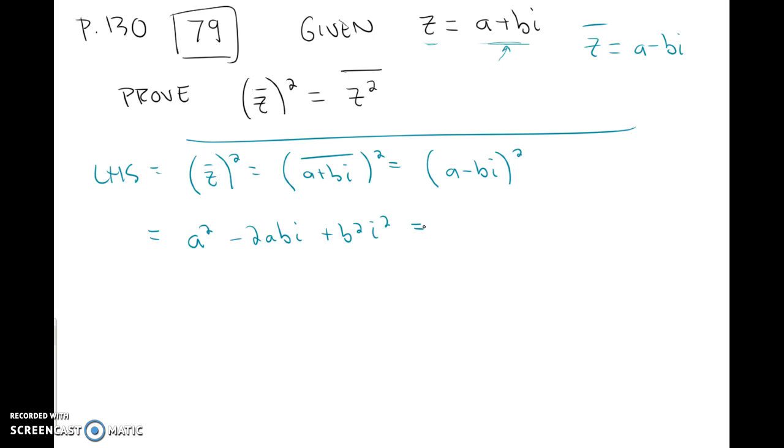Okay. i squared is a negative, so that makes that negative. So the real component is a squared minus b squared. And then the imaginary component is negative 2